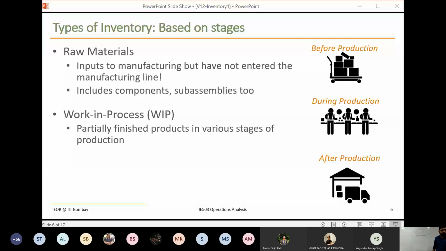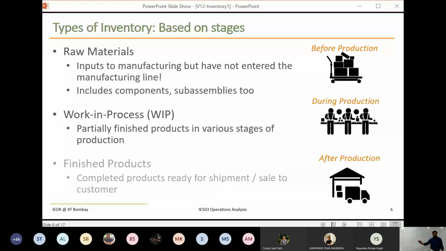So finished products are typically after production, which are ready for shipment and sale. Until then, they are all sub-assemblies or various other phrases we may come up with. Finished products are ready for shipment or sale to the customer, whichever stage you are on. If you are a manufacturing firm giving to a distributor, then we'll be talking about shipments. If you are a retailer or warehouse, you may talk about sale to the customers. Okay, so based on stages, we can come up with these phrases: raw material, work in process, finished goods. We'll also get familiar with these terms so that in our discussions, whenever we use the term, we know what it is that we are referring to.